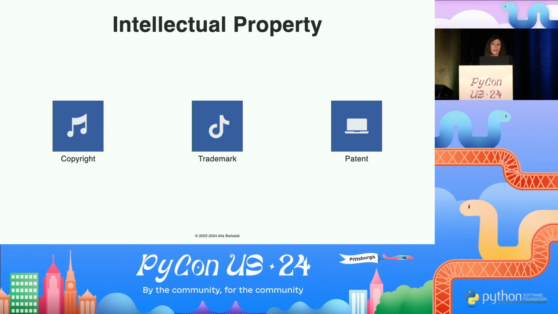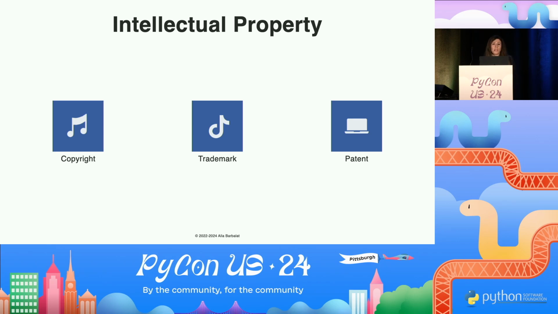So we did talk about how they cover artistic expression. And so that means that it really has to be a creative artistic expression. They do not cover ideas or generic instructions. And so if you're at all familiar with the Google versus Oracle case about APIs, there was a big question there in terms of this dichotomy between ideas and expression. Expression is covered, ideas are not. And so in the same vein, if you're thinking about software code, something like for X in my list, print X, that's very generic. It's just an idea that you've expressed in code that wouldn't be copyrightable.